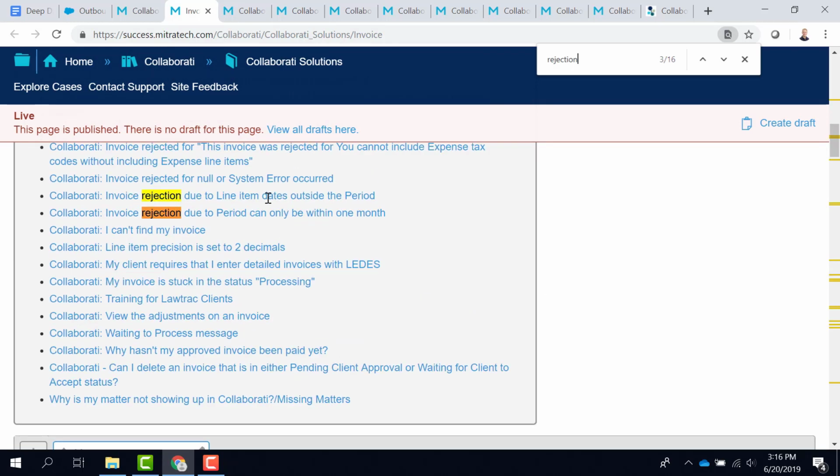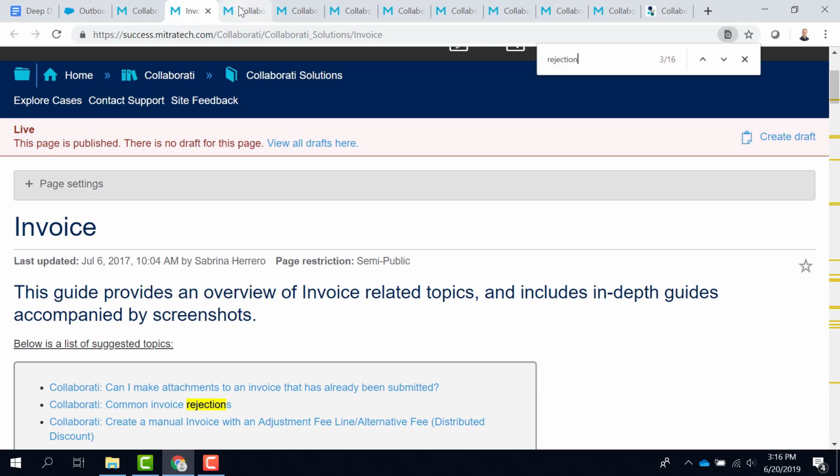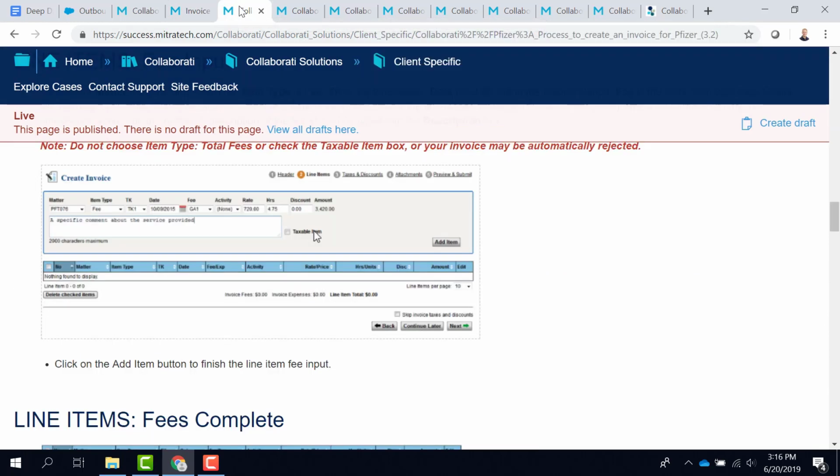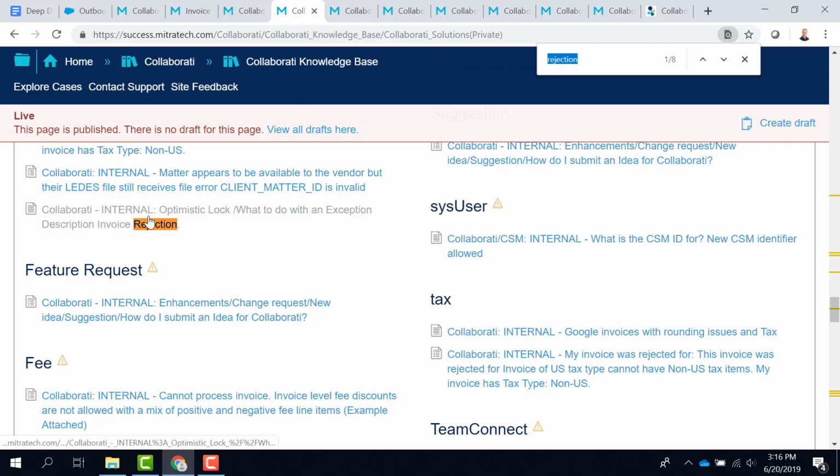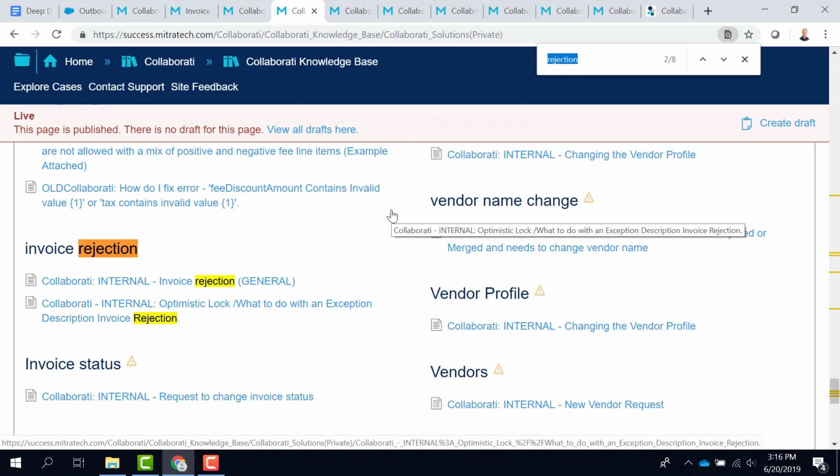All right. And we also have the client-specific guidelines, and those have some rejection information too. We have some information that's hidden in our internal area. Oh, this is another good one. This is an optimistic lock, but that is a rejection. And